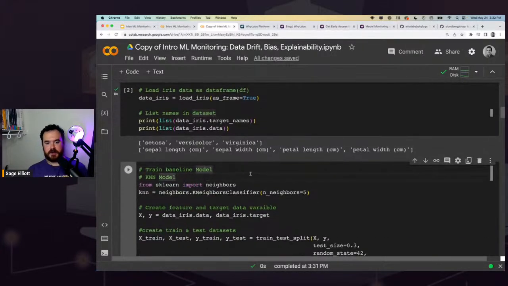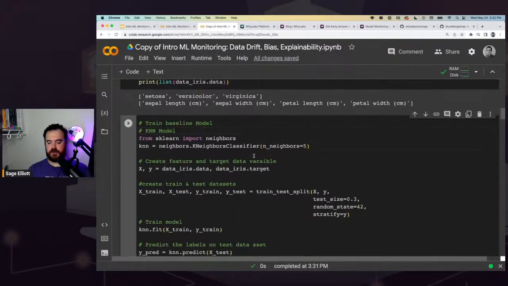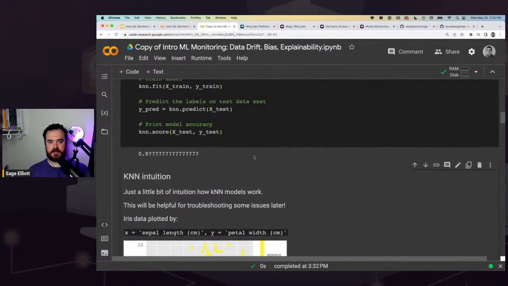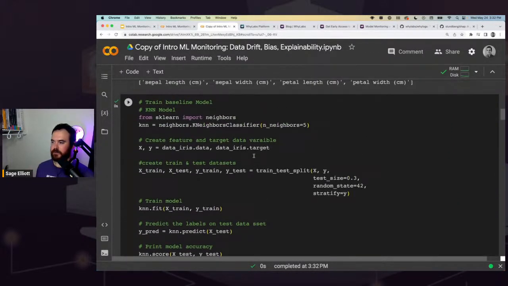All right. So we have our iris dataset, and we can see these are the features, and these are the classes that we're going to be predicting. Now we're going to go ahead and train our machine learning model. Let's run this code cell, but I'll walk through it. Again, if you're new to machine learning, don't worry. We're going to be training a pretty simple machine learning model here, and I'll go into the intuition of how it works in a second as well.